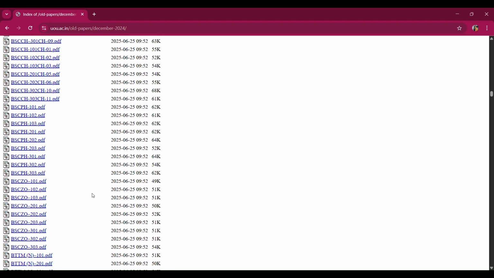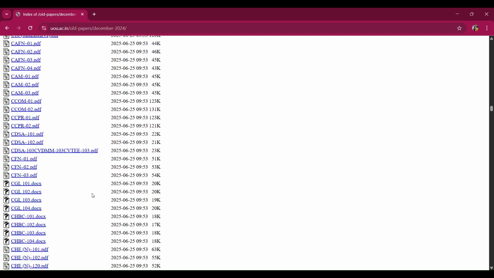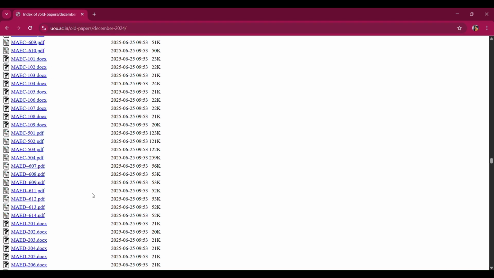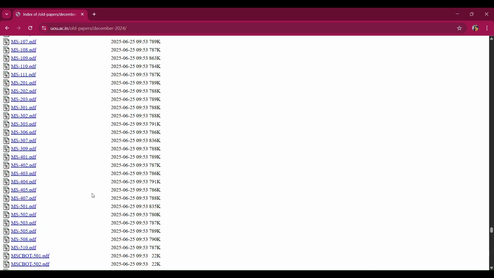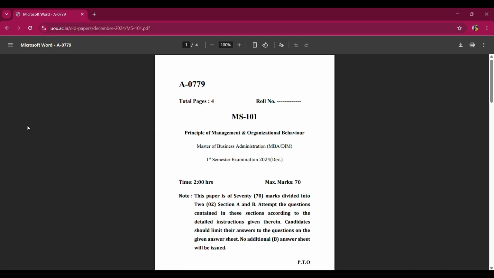Suppose you want to check the question paper for MBA. The subject code for MBA is MS. If I click on MS 101 PDF, you will get the question paper of MS 101 MBA, which is of Principle of Management and Organizational Behavior first